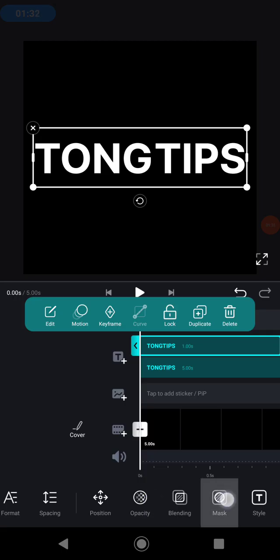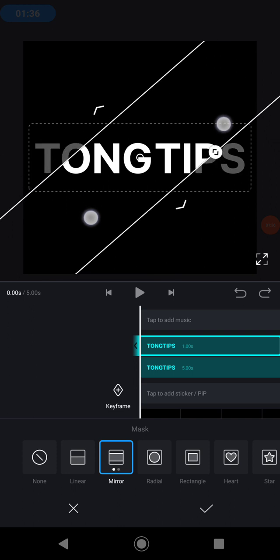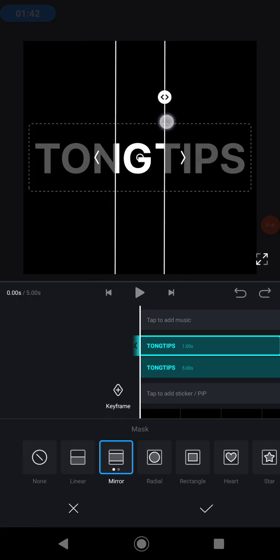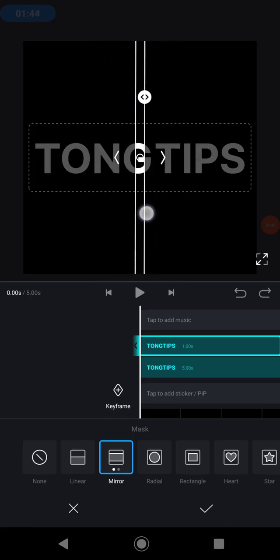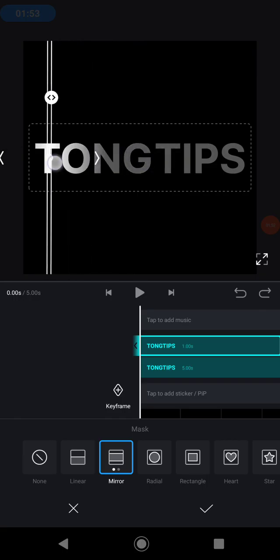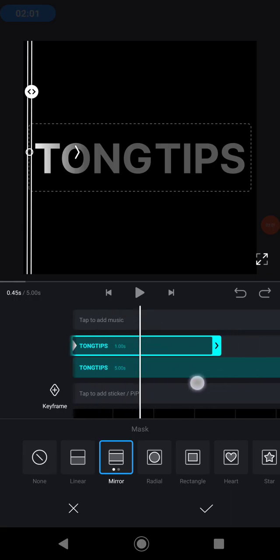and then click the mask tools here. Now you need to add a mirror mask and then move the position of the mask to a vertical position and adjust the size of the mask like this, and then adjust the arrow symbol here like this, and then put the mask on the first of the text on the T like this, and click keyframe, and then go